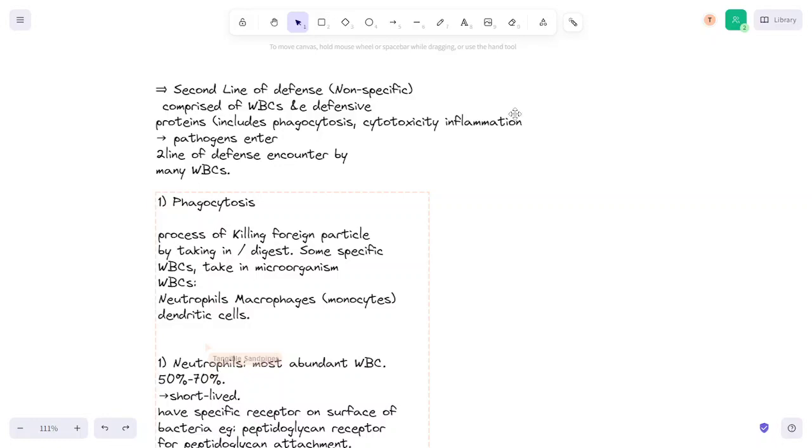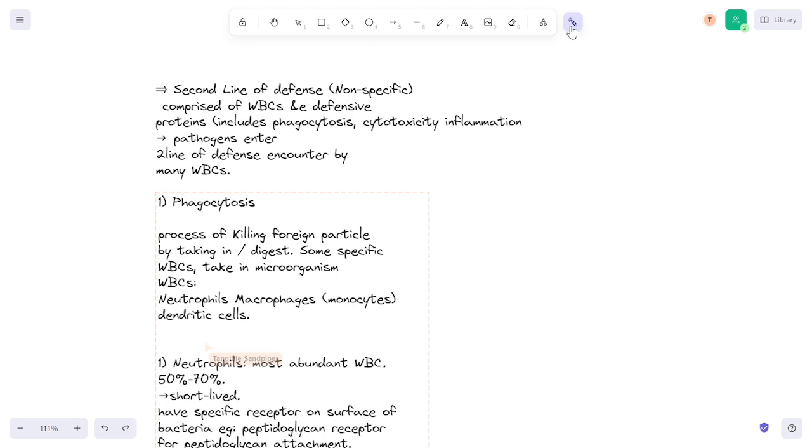So today we are discussing the new topic, which is from the chapter immunity, second line of defense. So second line of defense is also non-specific, same as the first line was. Second line of defense works